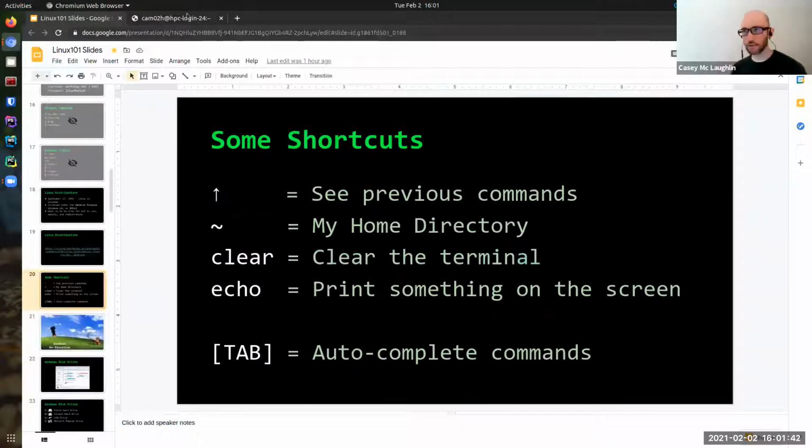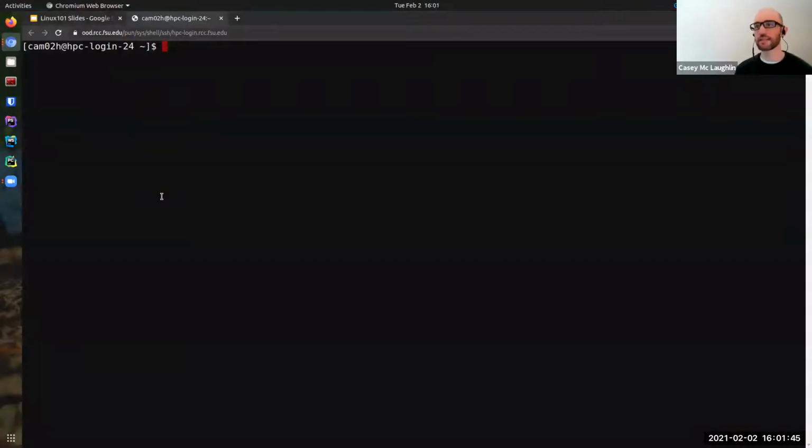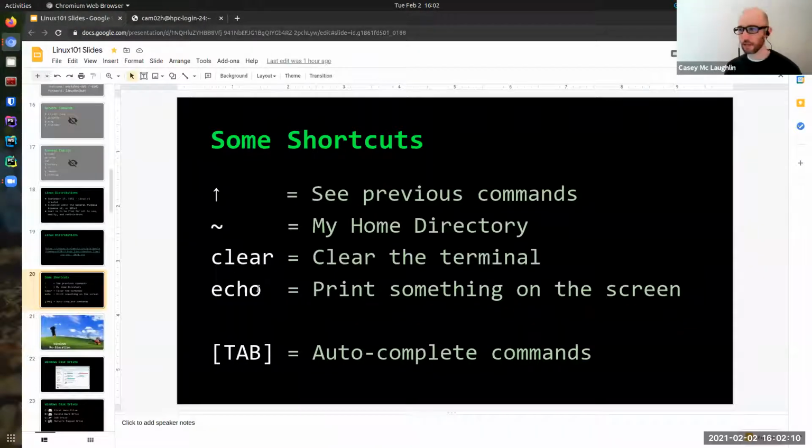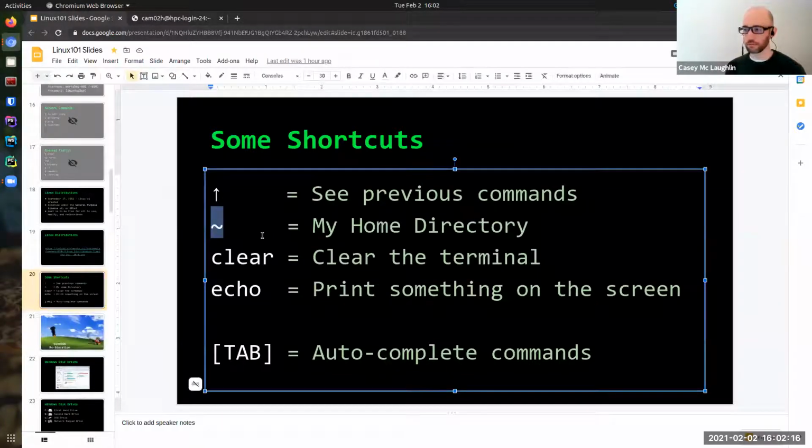All right. Also, if you noticed, I wasn't appearing to type commands the second time I ran them, because up and down gives you a history of what you previously typed. And it saves the last however many commands, I don't know, a lot. And this is totally configurable too. If you want to change the history length or disable the history for security reasons, you can, per account. Also, you'll see that the tilde refers to your home directory. It's a short code, and we'll see about moving around the file system in just a minute here.